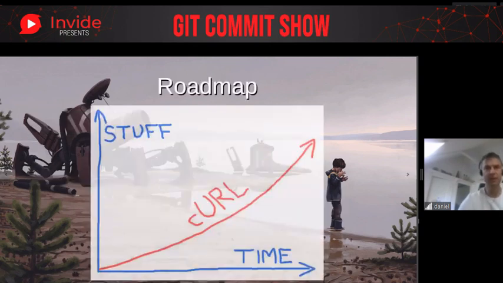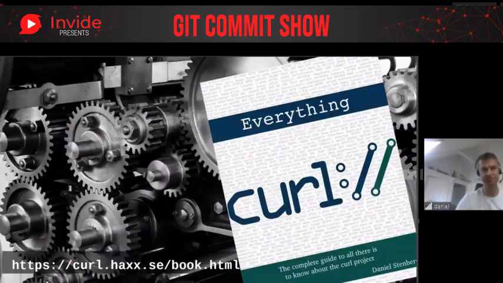So this is the roadmap of stuff. And so basically what we do, we add stuff over time to curl. We never ever have a really set roadmap other than this, because we're so few people who actually commit dedicated time. So we have some things we want to do in short term, but otherwise we just go by the ear, sort of let everyone contribute what they want, and we merge them over time. And so it's fun. Join us.